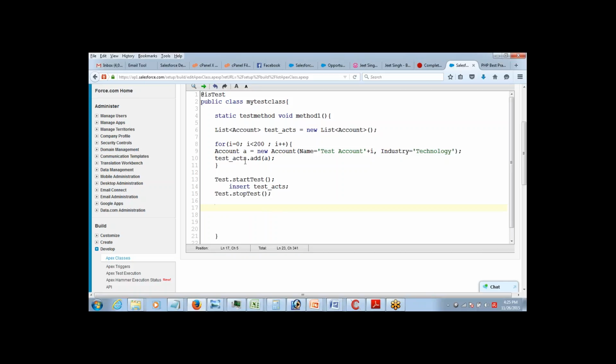So for that, first of all, I need to fetch or query all these records, because now they have got inserted. So I'll have to query those records from the database and check the description field for them. So if I remove list of account and call it inserted accounts equals